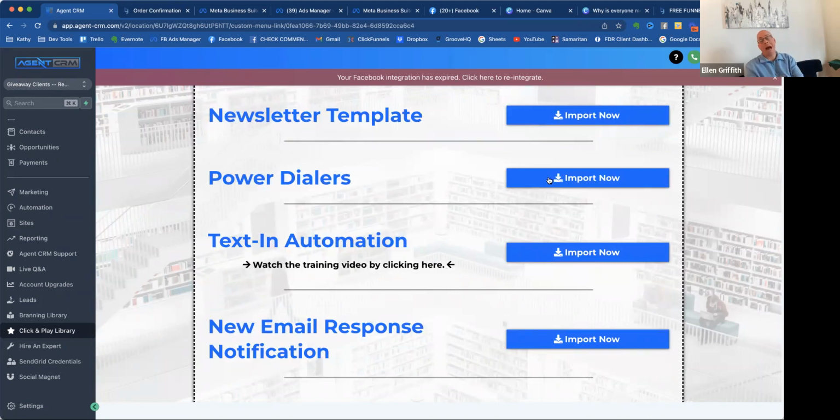It helps you create power dialer campaigns for you to use. Text-in automation. You've seen me use this if you've been to any of our marketing strategy sessions, or if you've seen me speak live, you've seen me get up on stage and say, text VIP to this number, right? You can do the same thing. They text the number, bam, a new lead's created inside of your Agent CRM